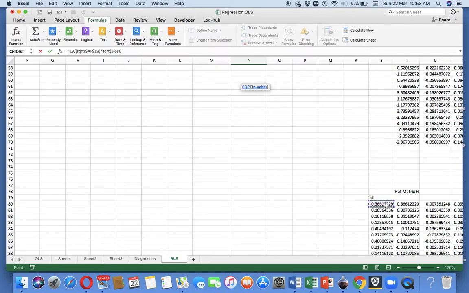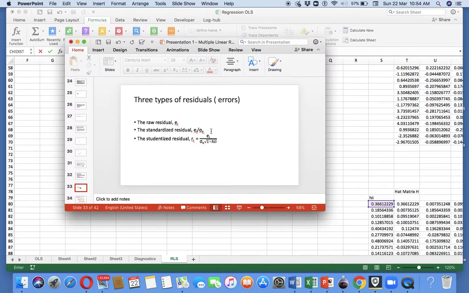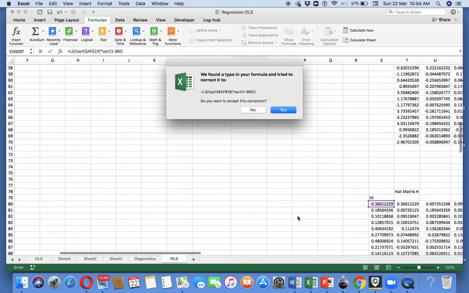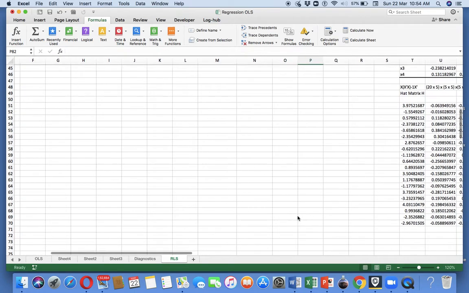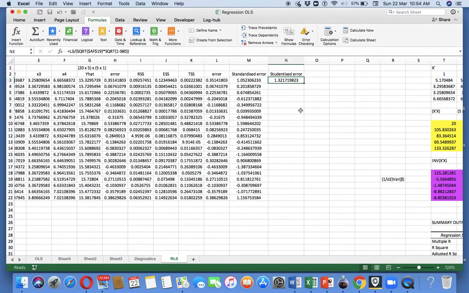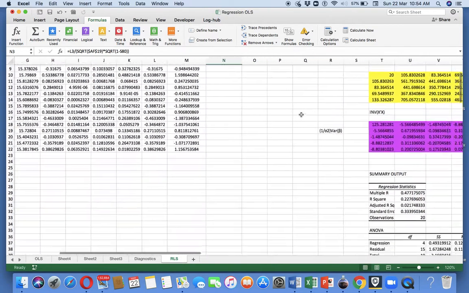Okay, 1 minus HII. So please note the formula. It is the error divided by, because this is also the variance which I add to 1 minus HII, which is now going to be shown over here. And I press enter. So the calculation is done. So here it is, 1 minus SAT.